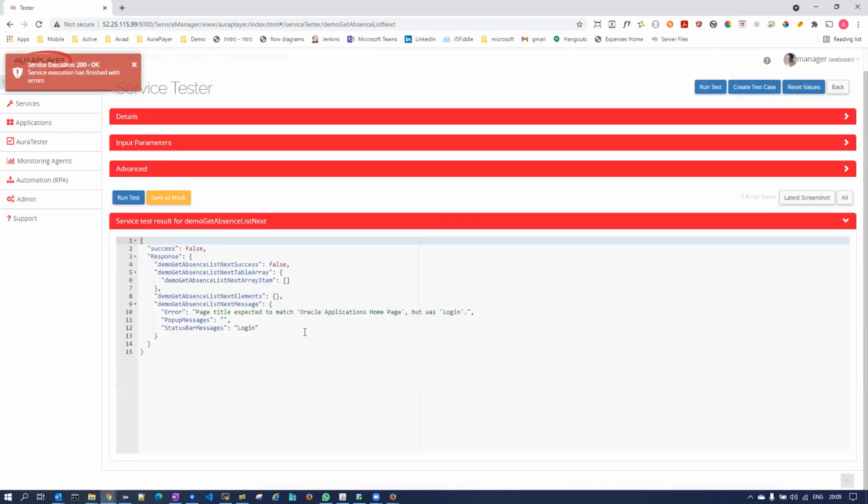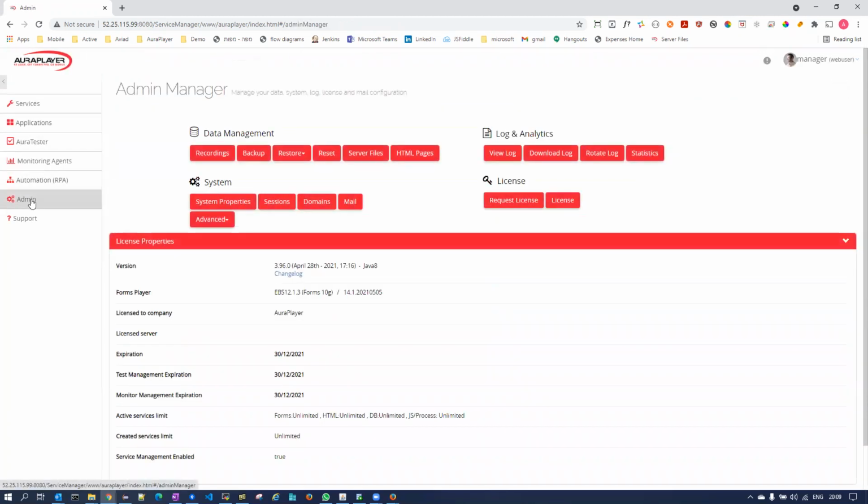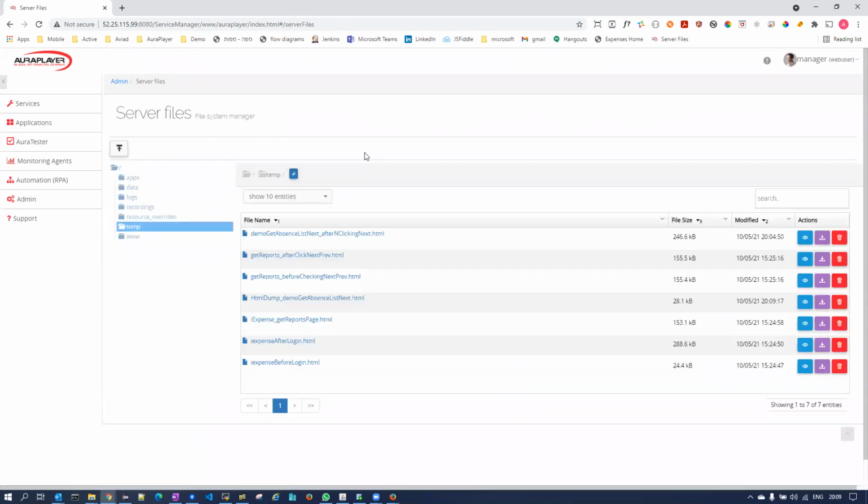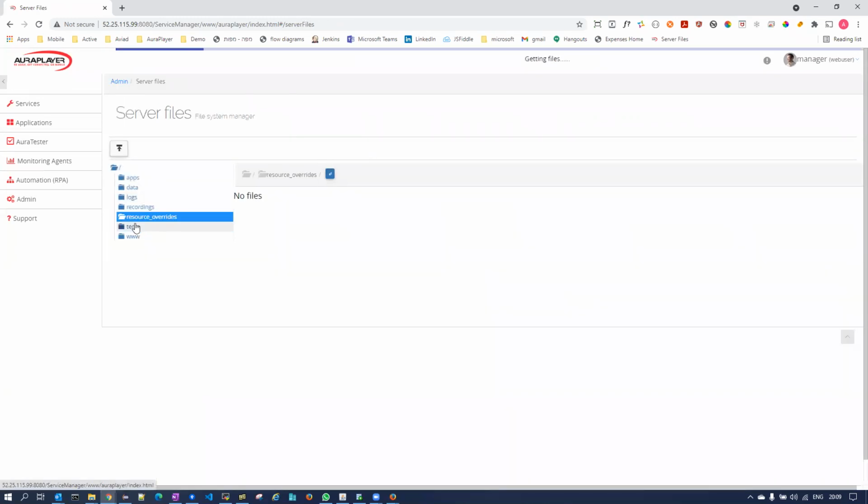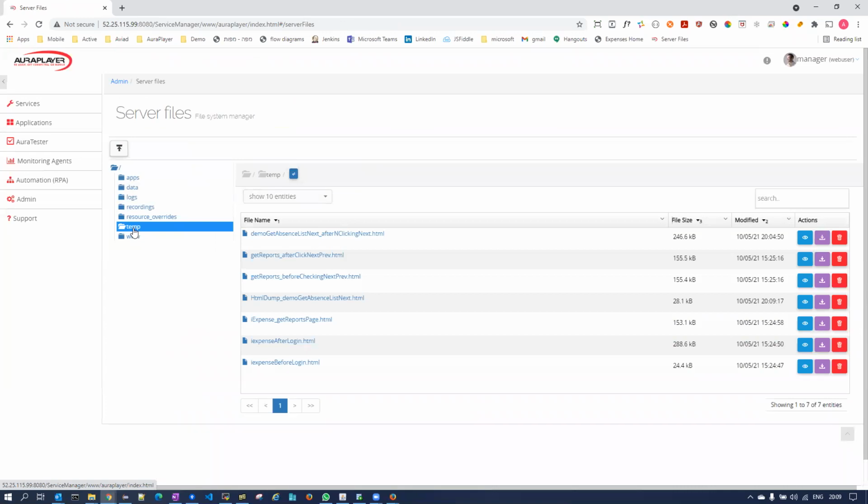Now let's say that I didn't really understand why it failed and I want to try and investigate it. One option is to go to the log and try to figure out what is wrong. Another option is to go to the service manager files area. I go to admin, server files, go to the temp directory, and the service manager by default, when it fails,